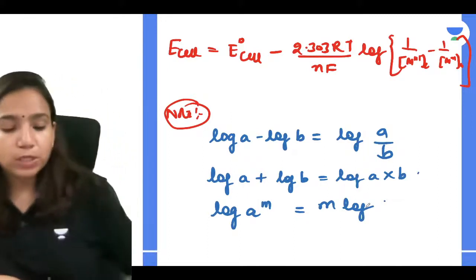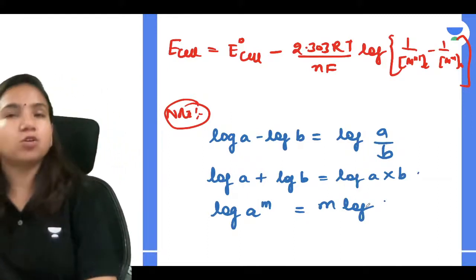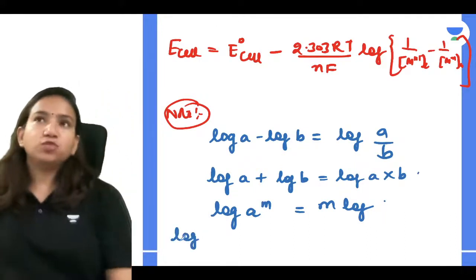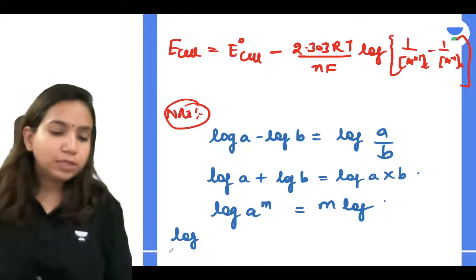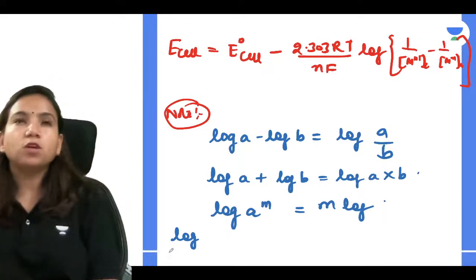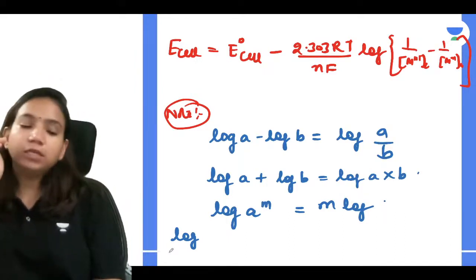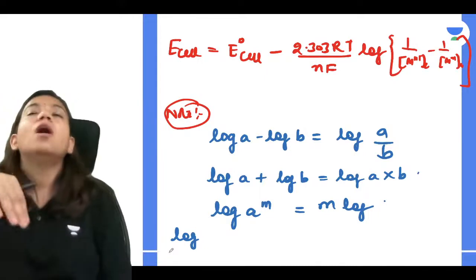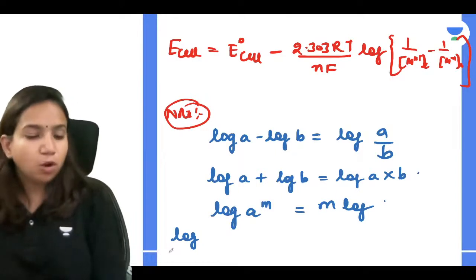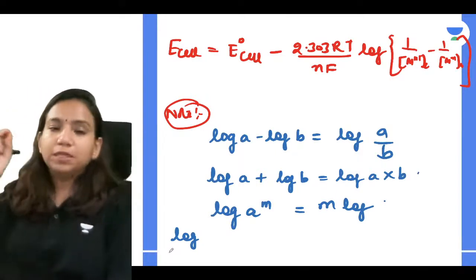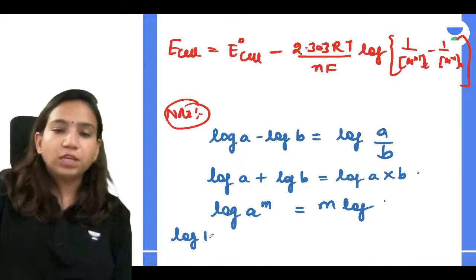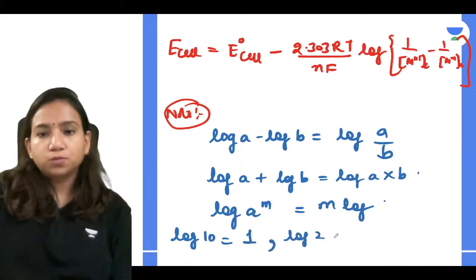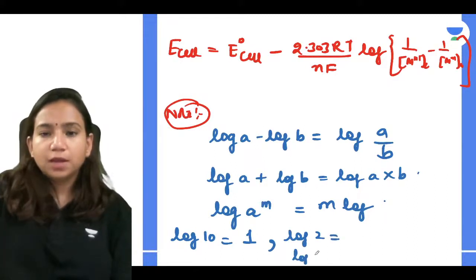Along with these three identities, you should know some values of log, guys. By that, you will be able to solve. Most of you must be remembering that whenever log things are involved, we consider the log table. But it's not required that every time in the exam they'll give you a log table. So you should know a way by which you can easily solve the log values. If you learn four values, what are those? First one is log 10 is 1. Then you have log 2, log 3 and log 5.